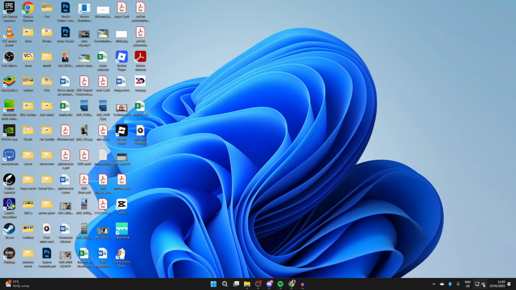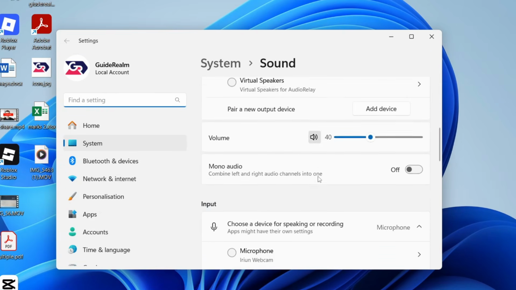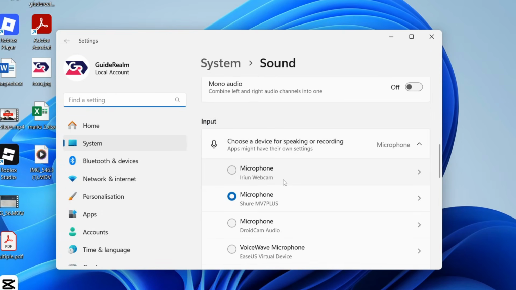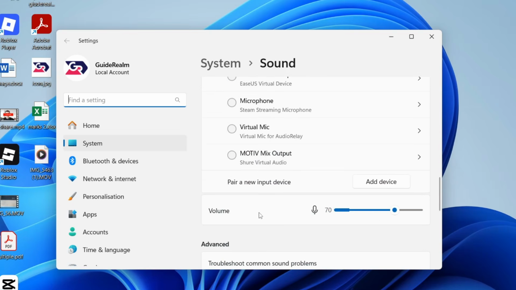Then what you can do is go to the bottom right of your computer and find the sound icon and right click on it and press sound settings. In here, you need to go and scroll down to input. Make sure the external mic you just plugged in is selected here. If it isn't showing up, we'll cover that in a moment, but make sure you select it. And when you do, scroll down, make sure that it's not muted here, and you can go and increase the